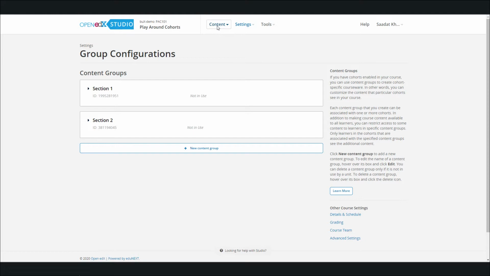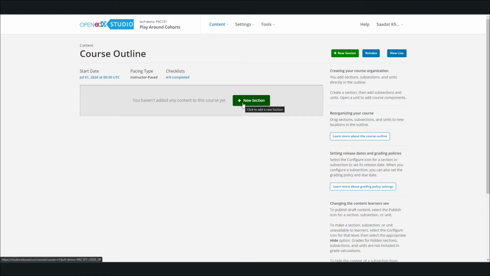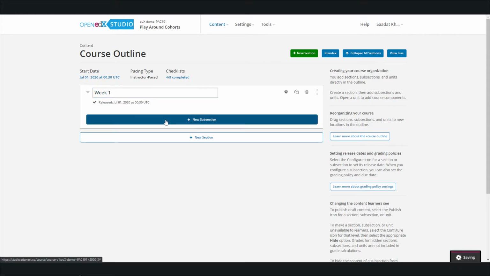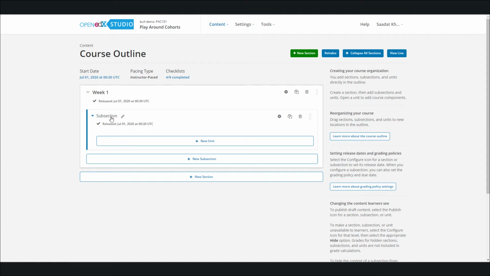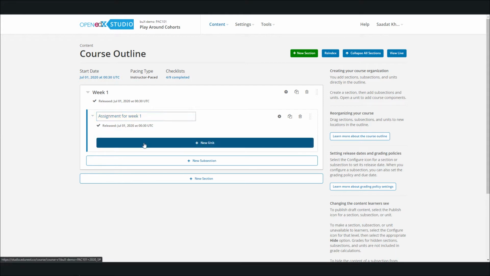To do that, you need to move to content and go to outline. Okay. So now I'd like to create a new section, then a new subsection, and then 2 different units or 2 different assignments for 2 different sections. All right. So first I'll create a new section. This is probably week 1. All right. New subsection. This will be assignment for week 1, and then unit,